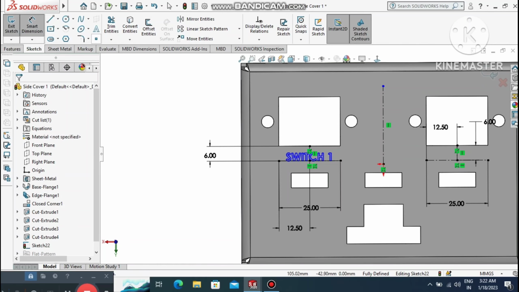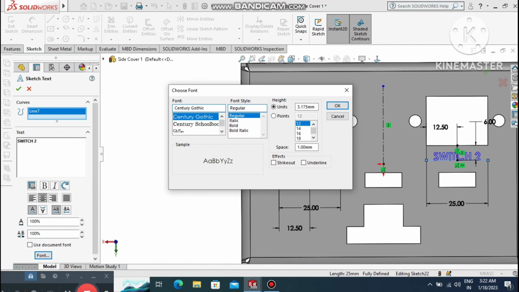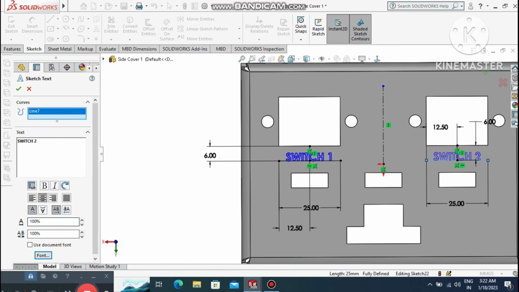Okay, again go to the sketch text and select this center line, it will ask for a curve, so simply select this curve center line, and here we name it switch 2. So select this one and make it mid plane, and make it bold. Okay,